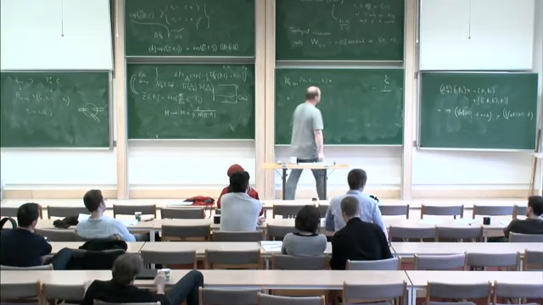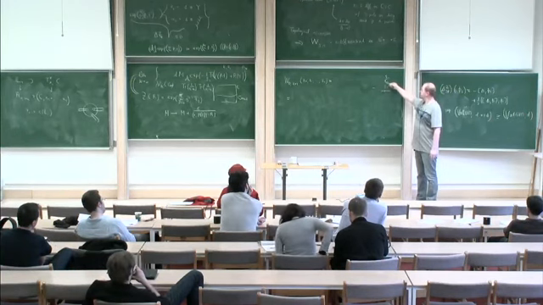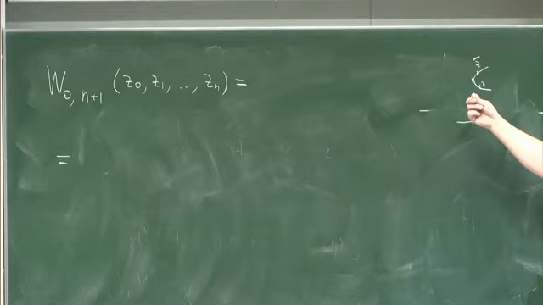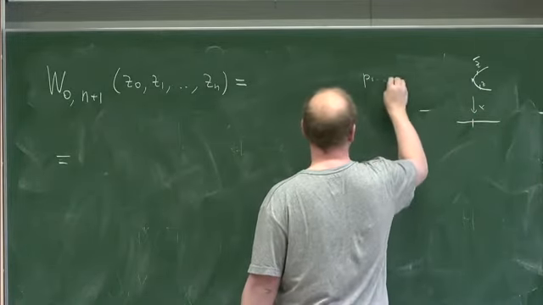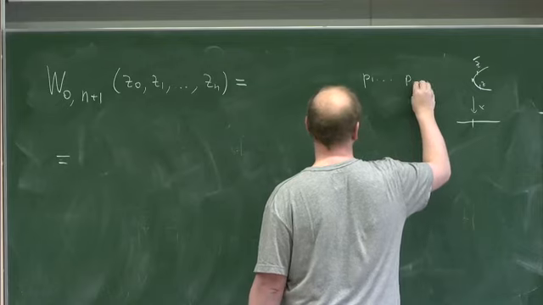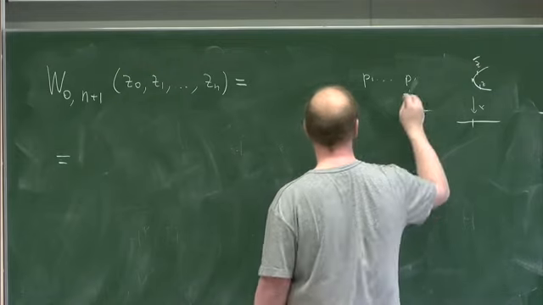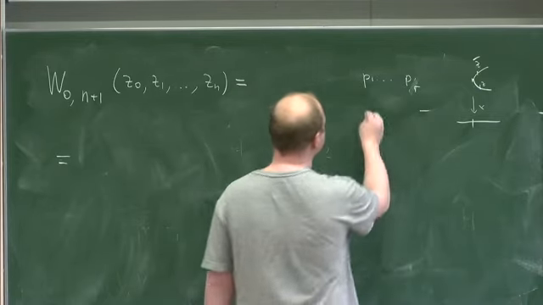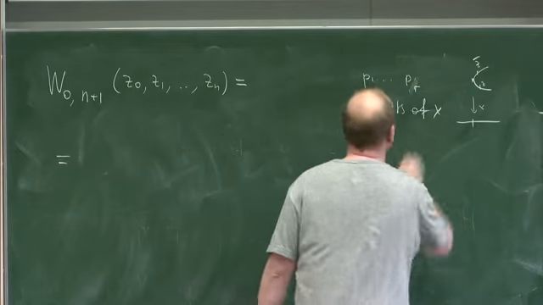Good. So what I want to say is that when we have a critical point of x, near this critical point we can split all the points in pairs that project the same. And let me denote by P_1, ..., P_R the critical points of x. And then they write the formula.